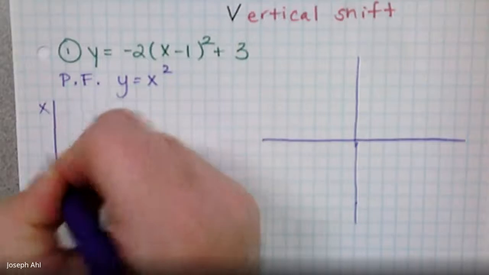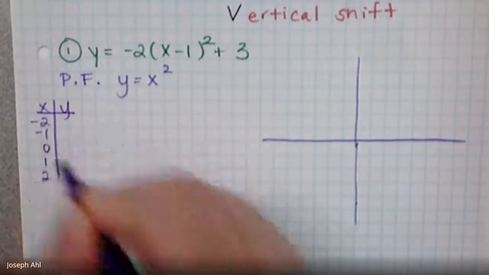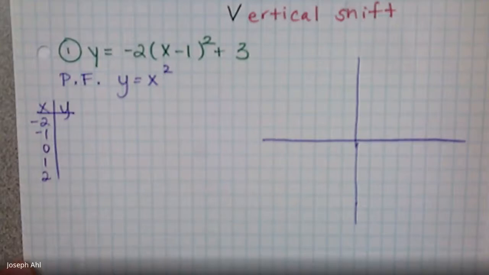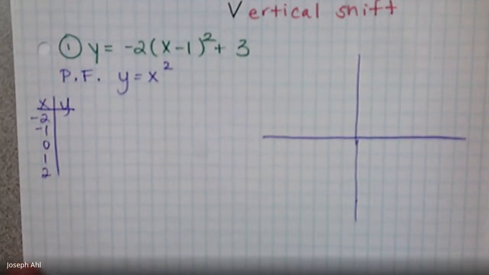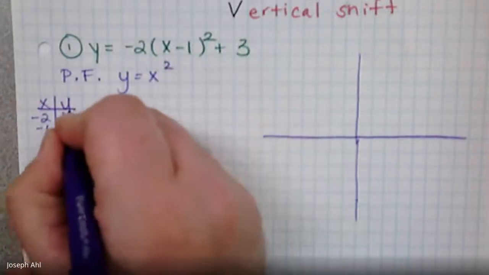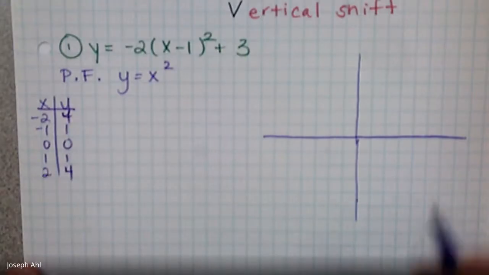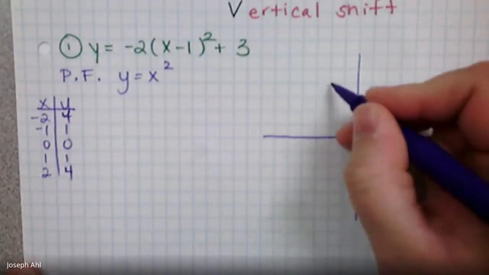So for my parent, I think a decent table of values to use for this parent is -2 to 2. Right? We get a little bit of the left side of the parabola, a little bit of the right side. The outputs when I square those values of x would be 4, 1, 0, 1, 4. So if you go ahead and plot those,